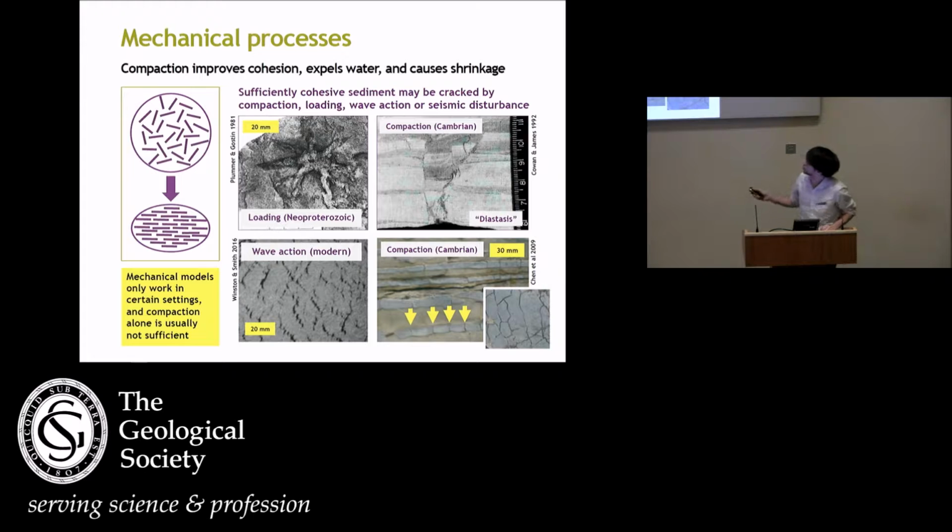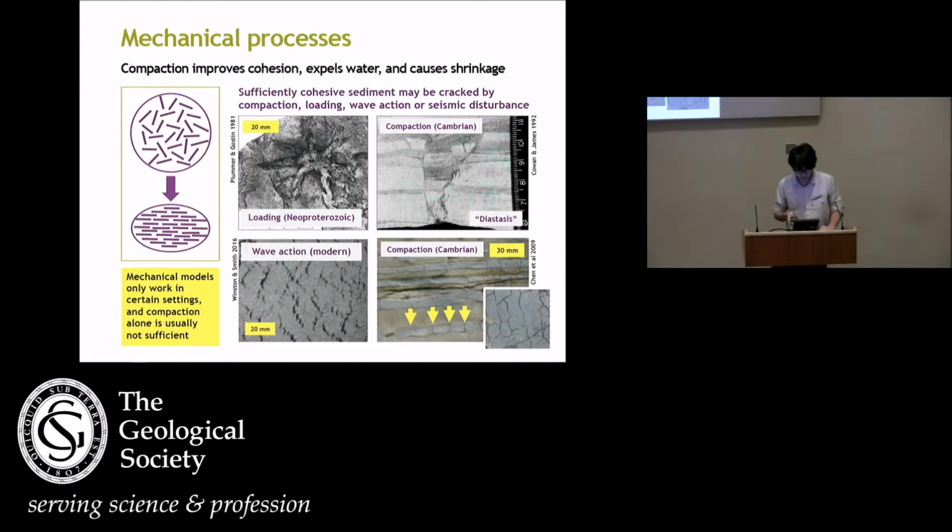So there are rare examples of cracks that appear to be related to load structures. I showed you this example before of a modern subaqueously formed set of cracks driven by wave action. And there are, particularly in Cambrian ribbon carbonates, examples where you can see that the carbonate beds have cracked in a brittle way and been displaced a little bit like little normal faults, while the less cohesive, less carbonate cemented mud around them has simply flowed. So you have cracks forming below the sediment-water interface concentrated in these carbonate beds. And in plan view, they do look a bit like polygonal desiccation cracks in some cases.